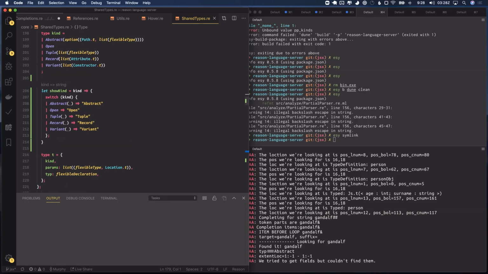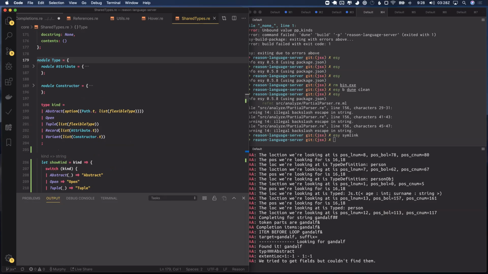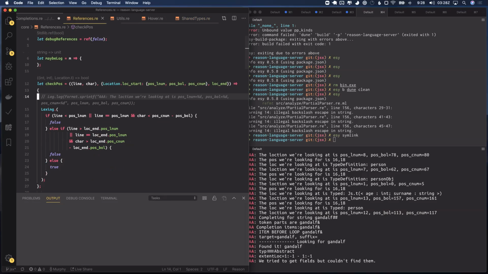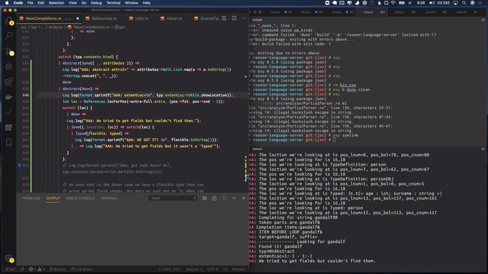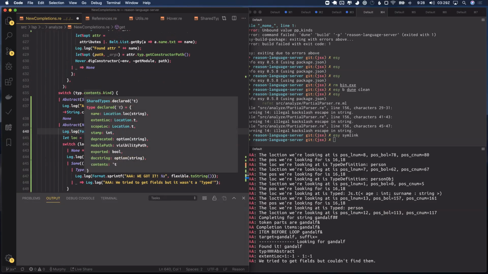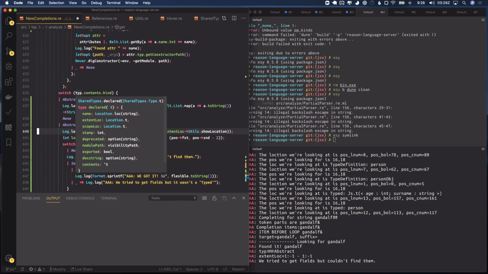That's not very helpful. Boy, we are deep in here, aren't we? All right. So type.contents. Contents is what we just looked at. And the type itself